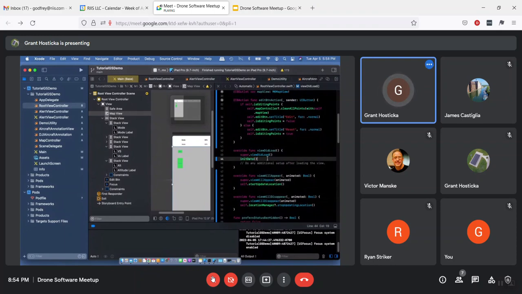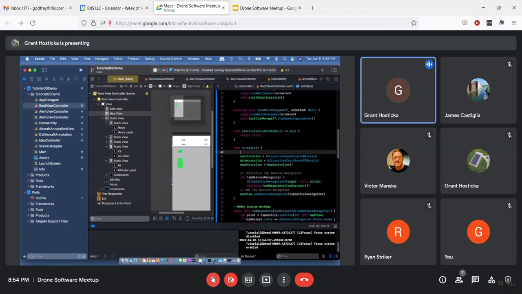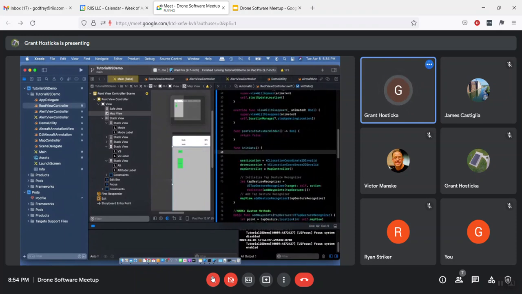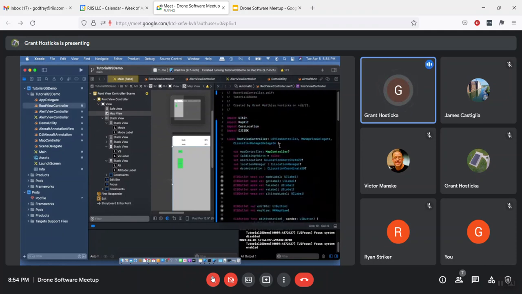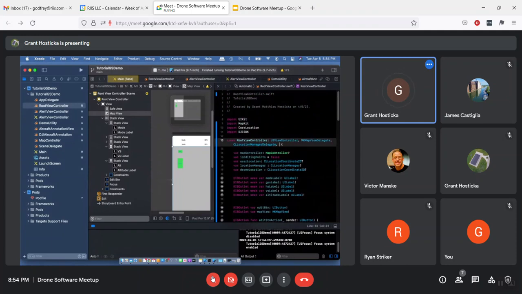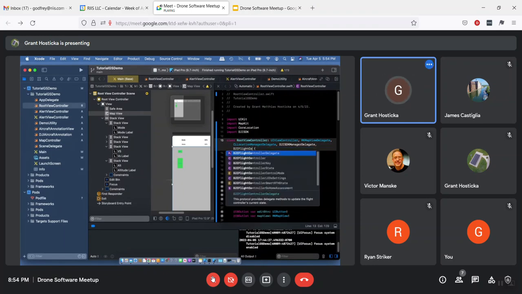Circling back to our DJI SDK, when we're initializing our data, one of the first things we also need to do will be to call DJI SDK Manager register app with self. And then here up top, we'll need to say DJI SDK Manager delegate, and then also DJI Flight Controller